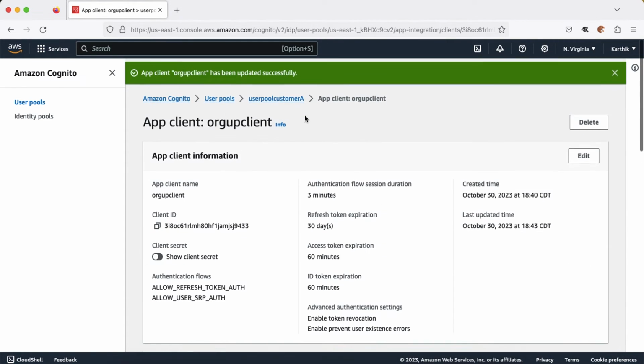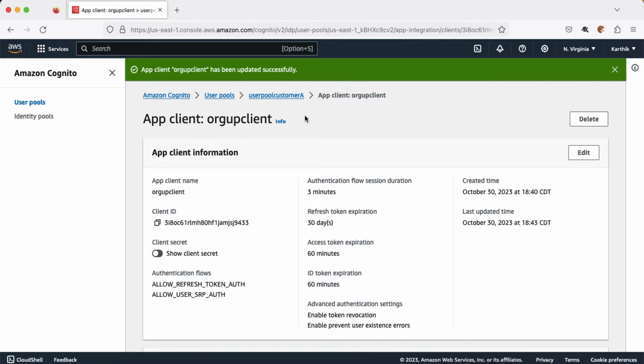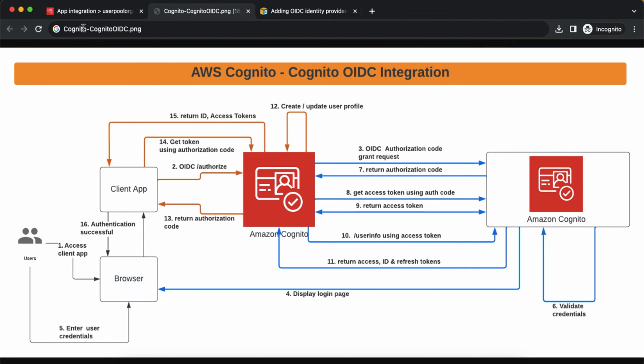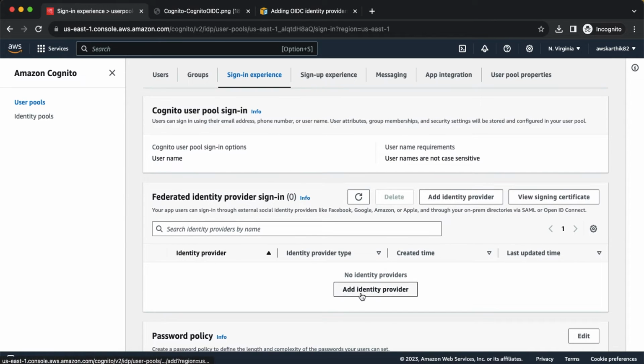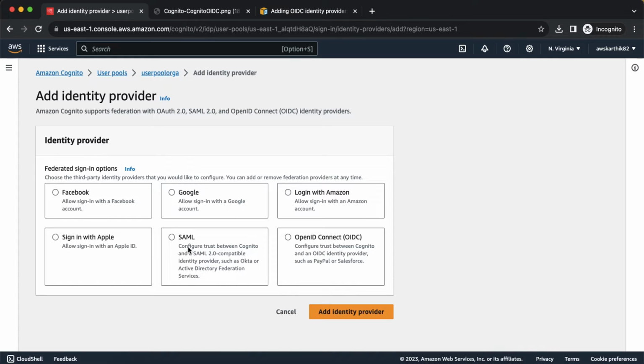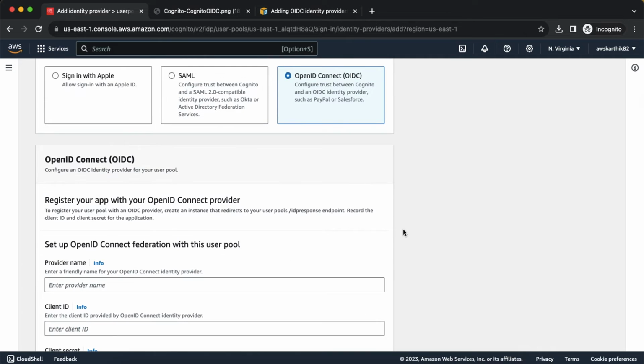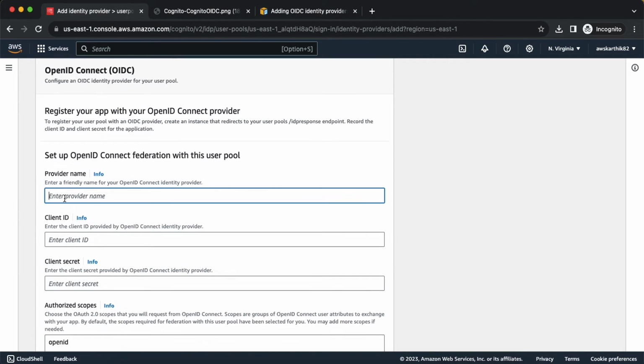And now we need to configure this user pool as an external identity provider in your organization's user pool. So if you go to this sign in experience tab and add an identity provider, here you have multiple options. In this case, we are going to use the OpenID Connect protocol to add the other user pool as an external identity provider. So name this as org a user pool,